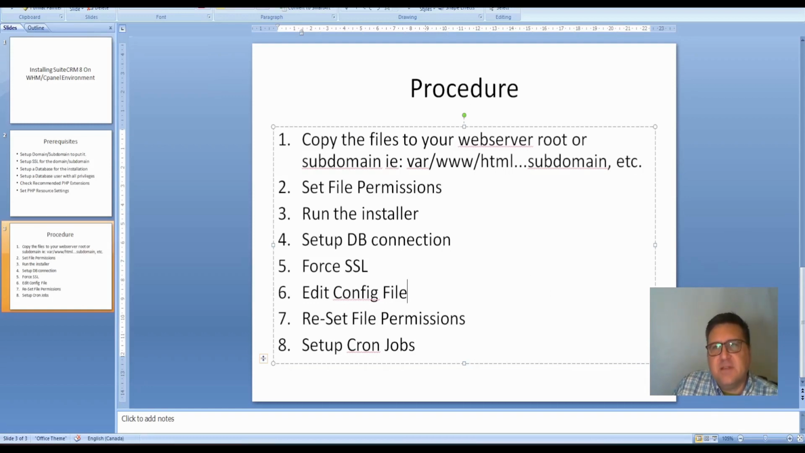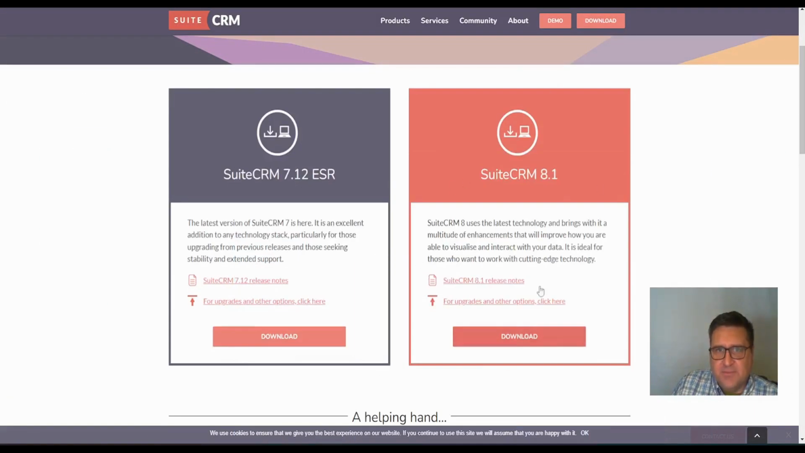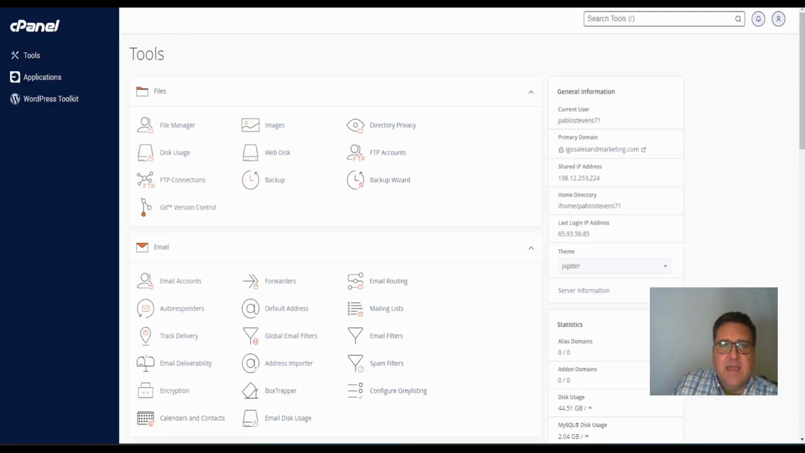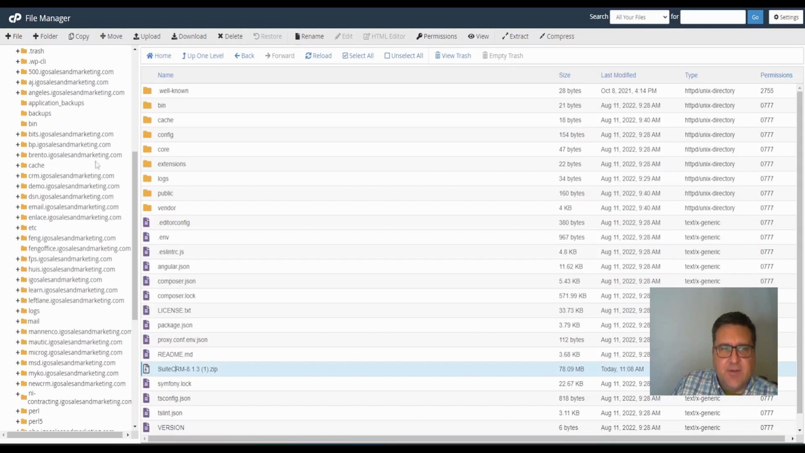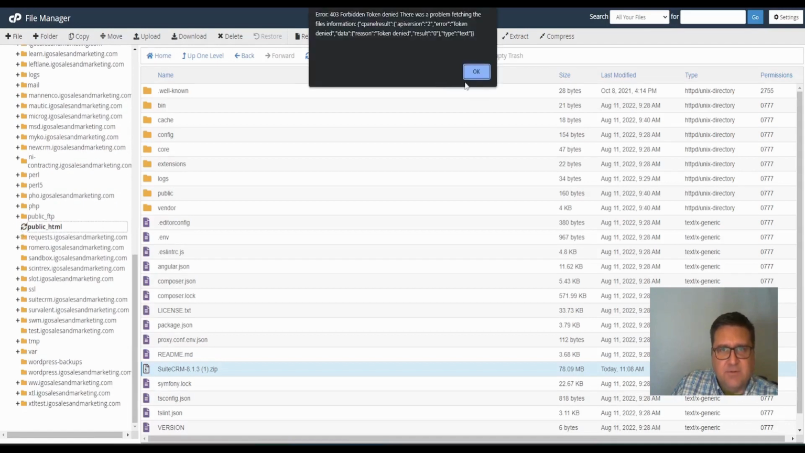So that's the general process we're going to go through. I'm going to assume you guys have downloaded SuiteCRM already. And in cPanel, you're going to want to go to your file manager. I have this open already. So you'll see that in my public HTML folder,